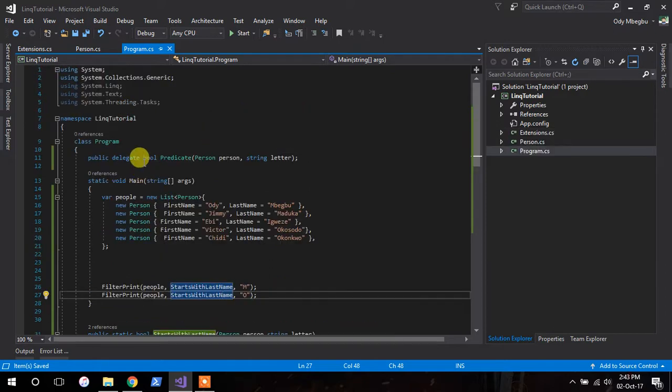If you notice here where I created this predicate, I had to specify that it takes a person as a first parameter, takes a letter as a second parameter, and returns a boolean. But what would happen if I wanted a third parameter? I will have to create yet another predicate, and before I know it, I'll be drowning in predicates. So in order to fix this problem,